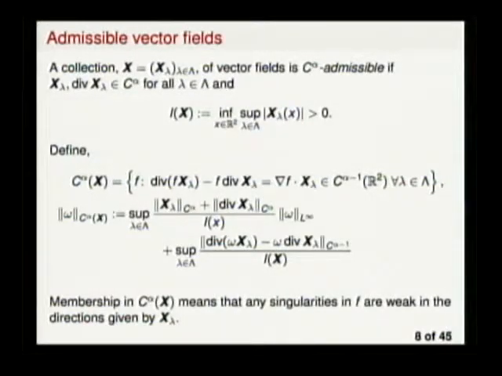All right? And then it defines the space, which at first looks very crazy and intimidating, but turns out not to be so bad. So C alpha of x really just, one form of it is to say the gradient of f dot x is in C alpha minus 1. Now, C alpha minus 1 is a negative exponent Hölder space. I'll talk about that in a minute. Okay? But notice the gradient f dot x lambda is the divergence of f x lambda minus f divergence of x. And it's the divergence of x and the divergence of fx that we know has some chance of being propagated over time from the previous simple push forward of a vector field, which is why this C alpha space